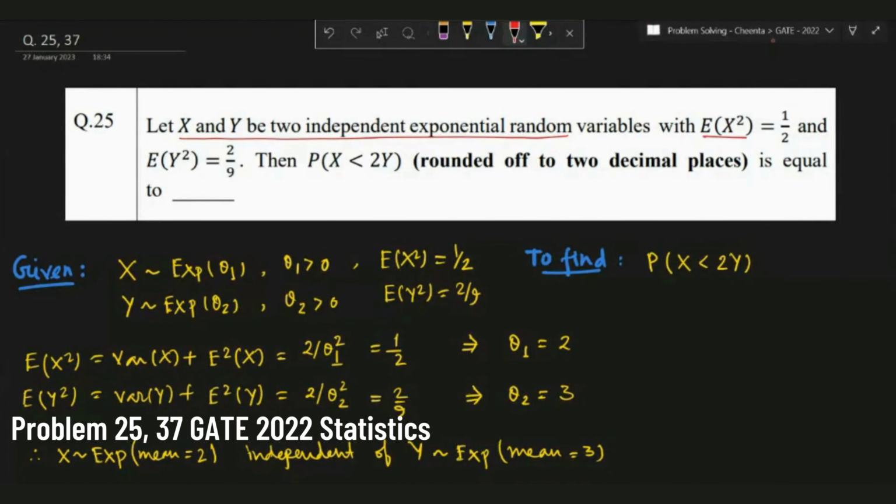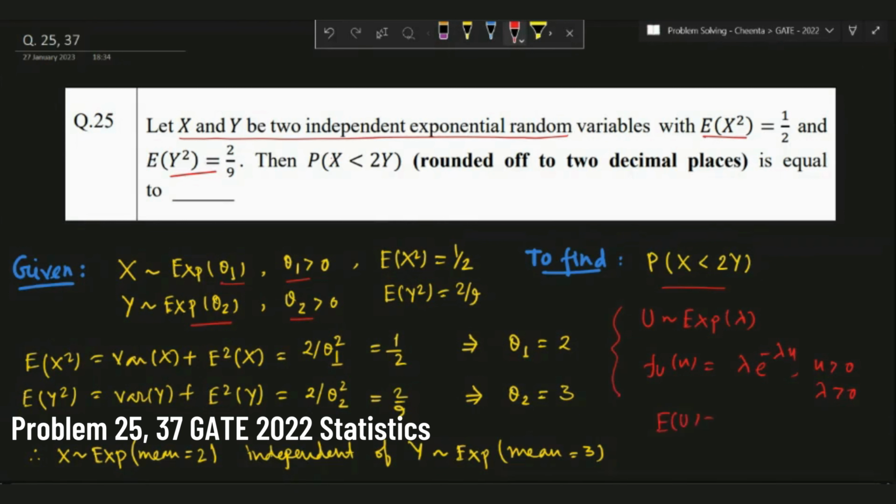For that, let us assume X follows exponential theta 1 with theta 1 greater than 0, and Y follows exponential theta 2 with theta 2 greater than 0. The form of PDF considered here is: if U follows exponential lambda, then the PDF of U is 1 by lambda into e to the power minus lambda into u, for u greater than 0, lambda greater than 0. From the given PDF, we got expectation of U equal to lambda and variance of U equal to lambda square. So using this,